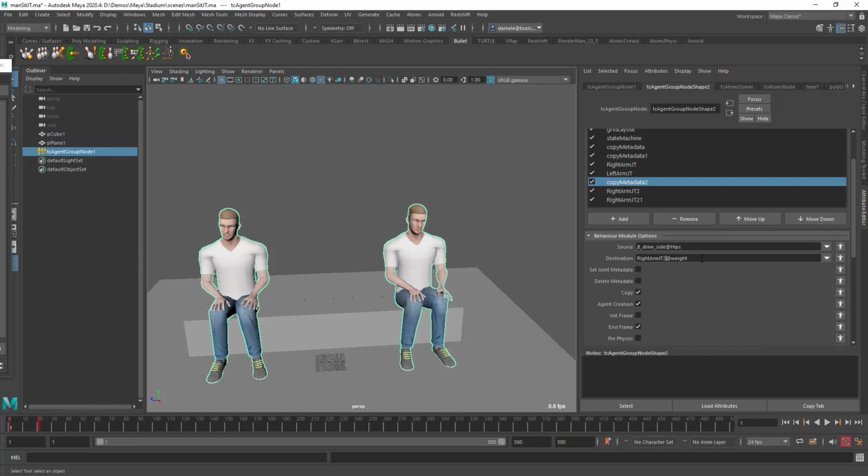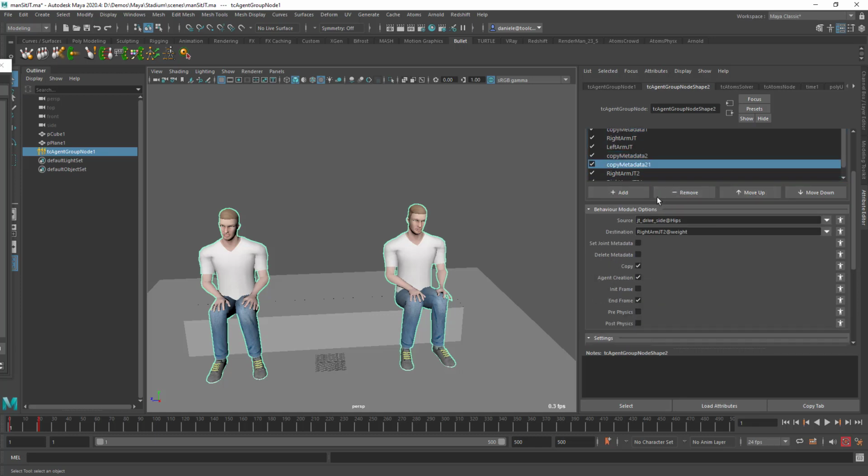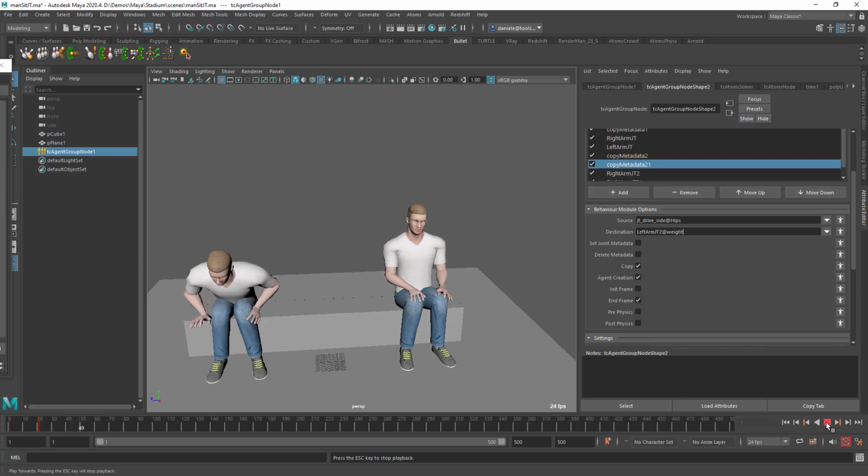All right, I'm J2, and then I'm gonna copy paste this again. I'm gonna move this one up, and then it's gonna be left arm. Okay, so if we go now and press play,